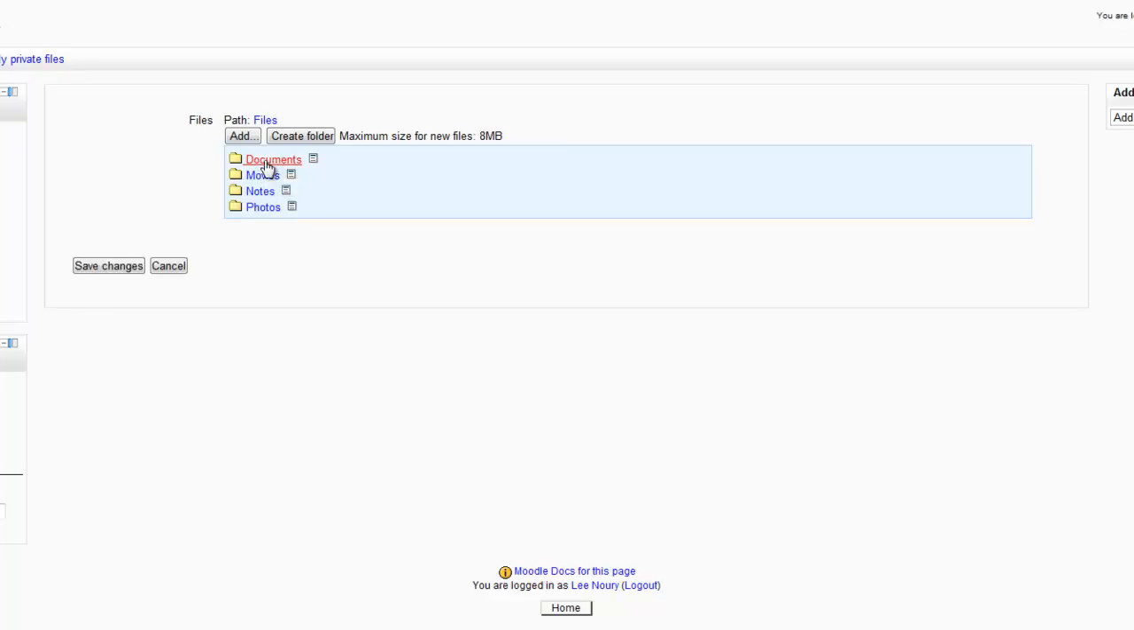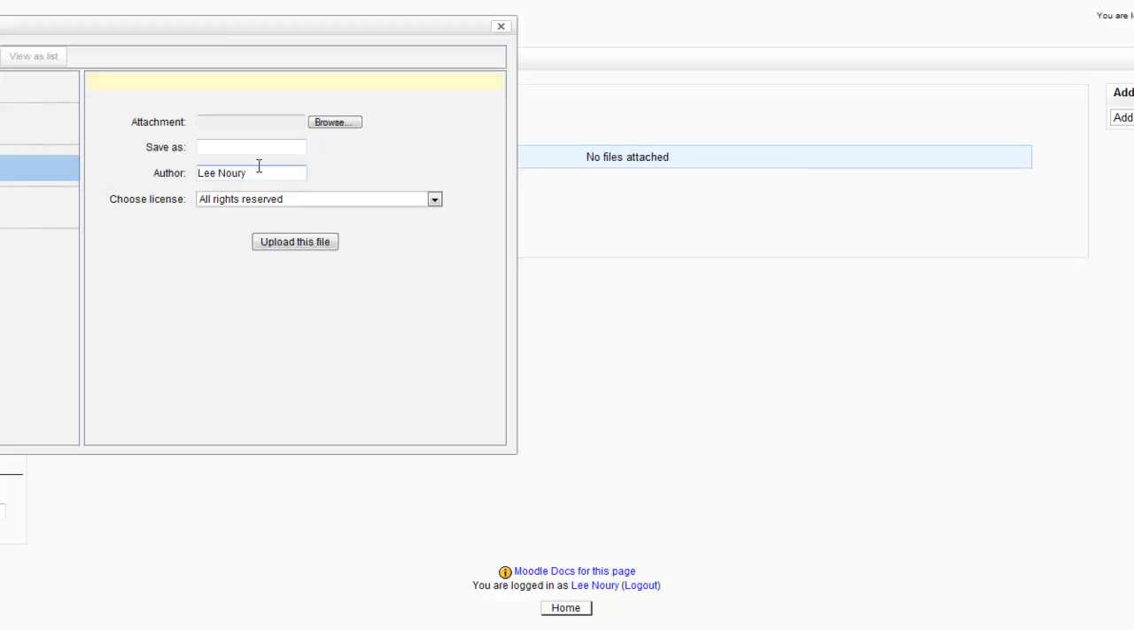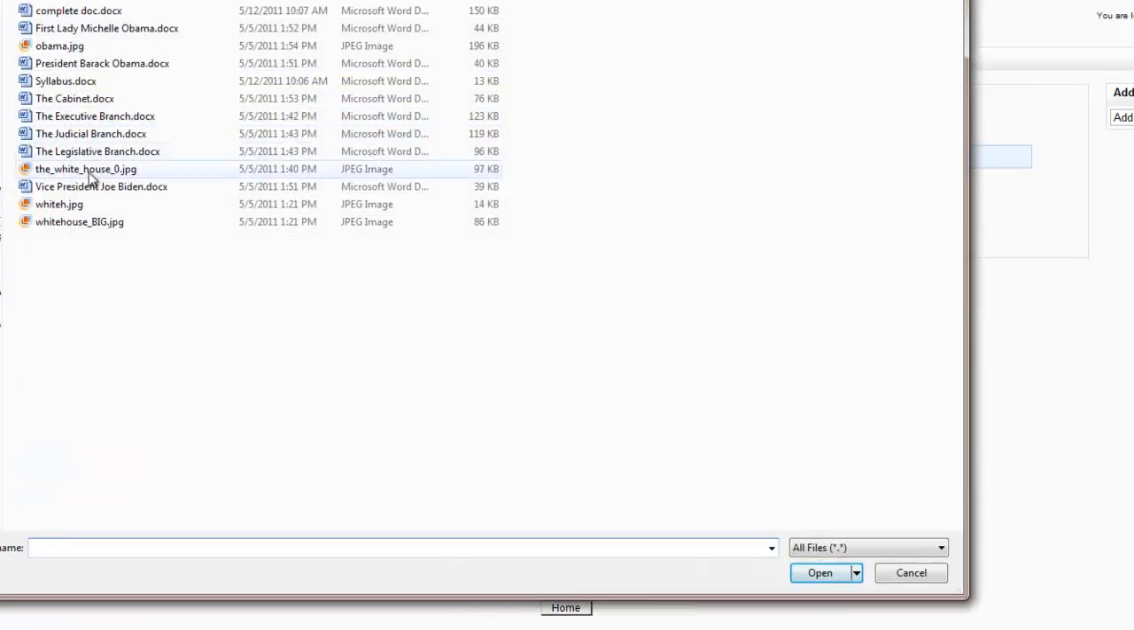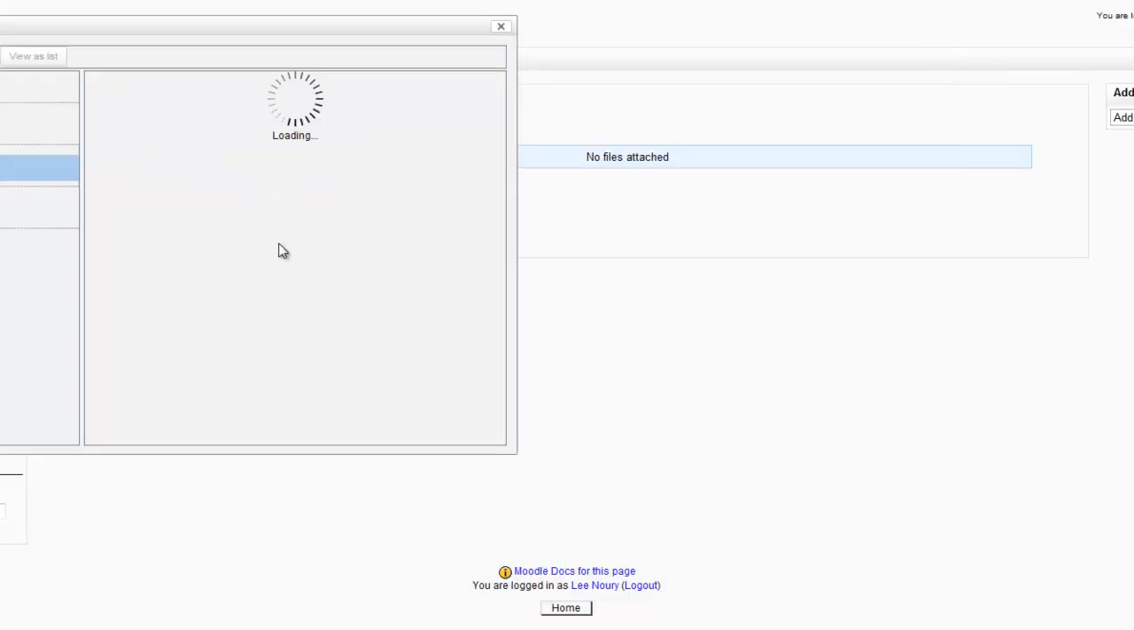So say, for example, I want to go into my Documents folder. I want to add something in the Documents folder. It's going to allow me to browse. I'll go in Browse and I'll say, okay, I have a few documents here. For now, I'm just going to select down the complete document about the U.S. government. Say OK. Later on, I'll show you how to upload a batch file, but this is one way to